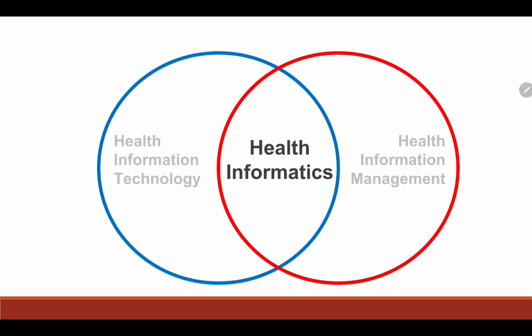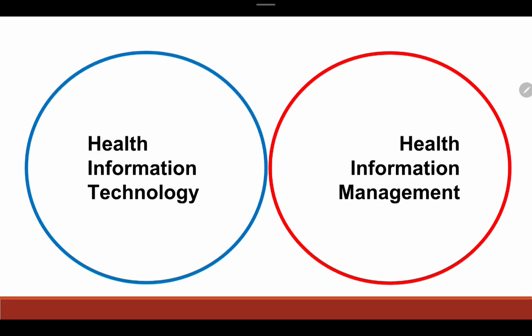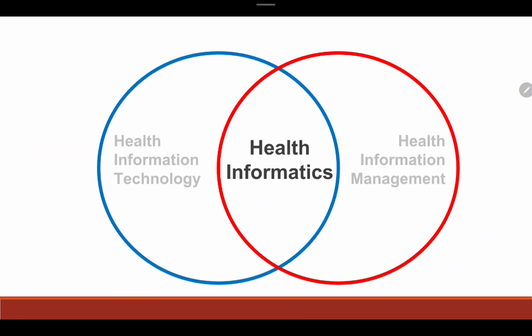So that we can utilize it well and make our health informatics effective. Okay, so health informatics is the combination of the two. You have our health information technology and then the health information management. What secures the information is the health information technology, while what analyzes, acquires, and protects is our health information management. So if you have the two, you have health informatics.